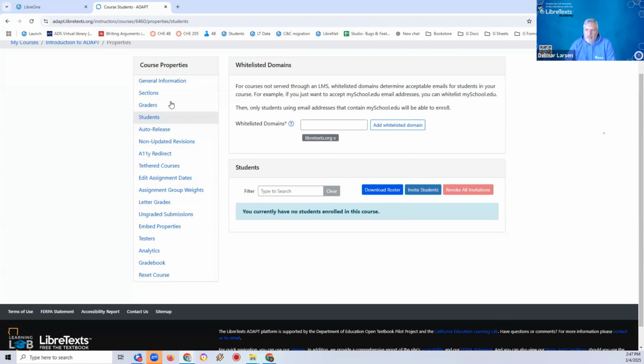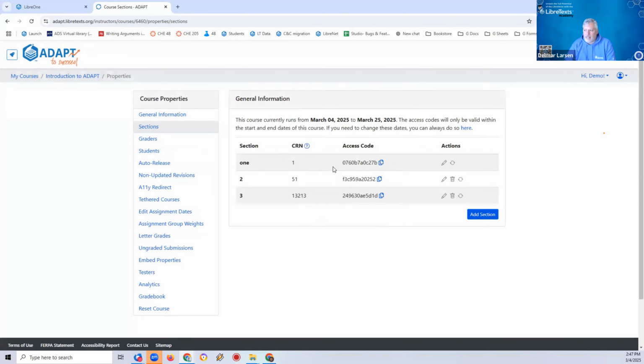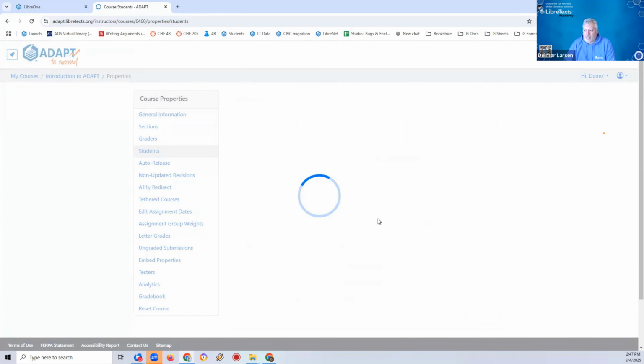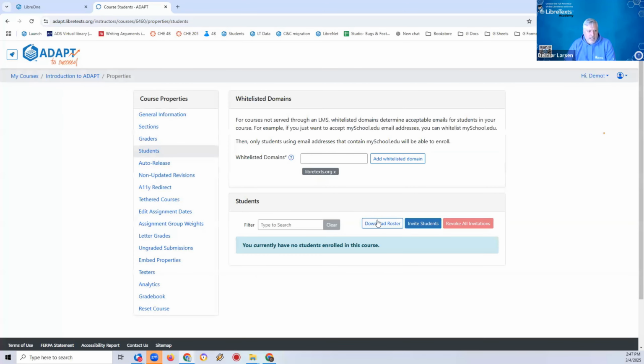There's another mechanism that is the section mechanism, that if you give the access code here, anybody who has the access code can register. Whereas in the student-based access code, it's only that student with that email address that's able to register. So this has more protections for abuse. Now, I shouldn't really say abuse, but for misuse.